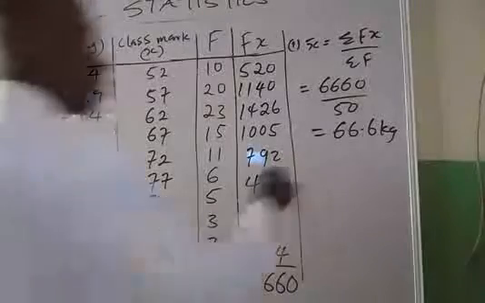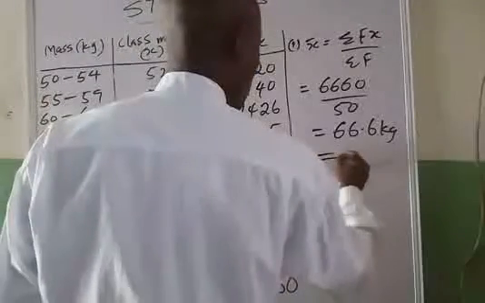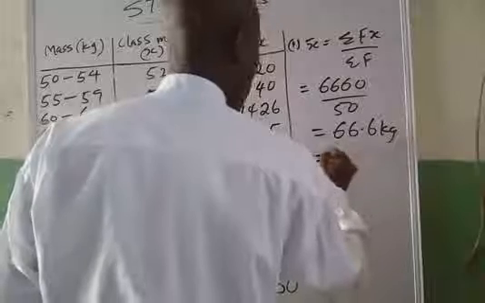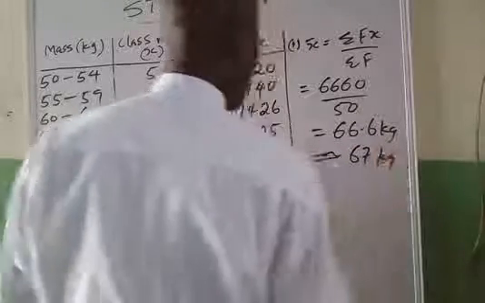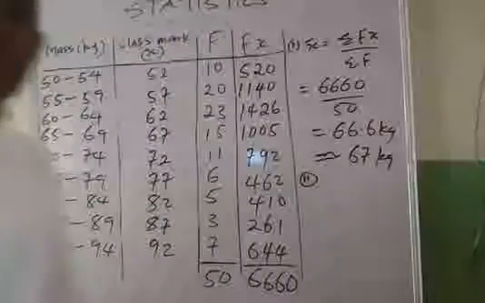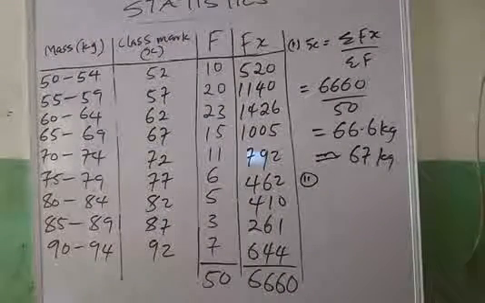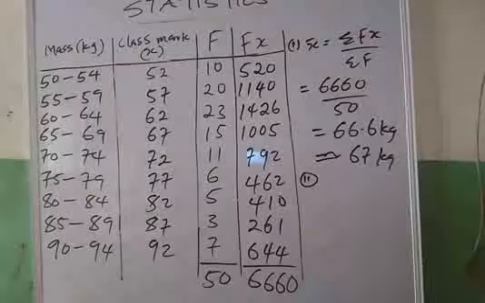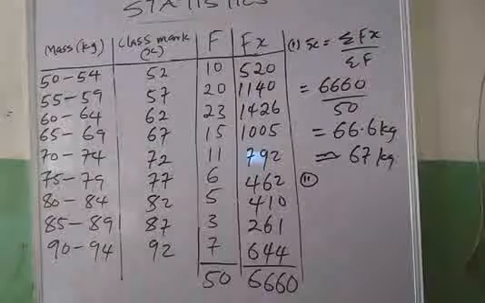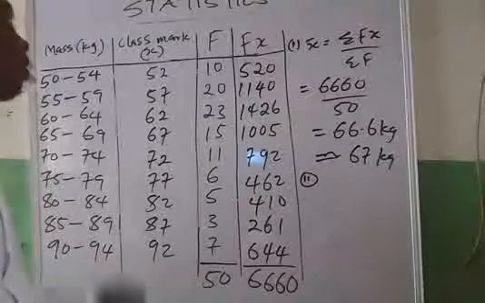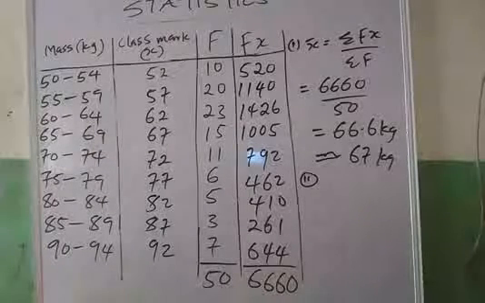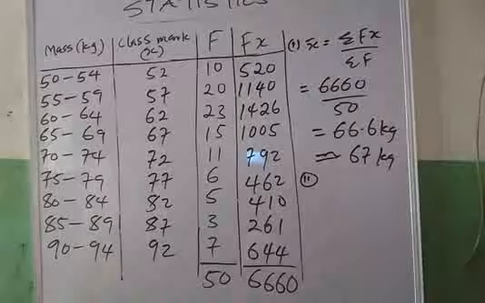Or you approximate to give you approximately 67 kilogram. Then number 2 question there is median class. Median class is the class that have the middle frequency. We've already know that the middle of 50 is,